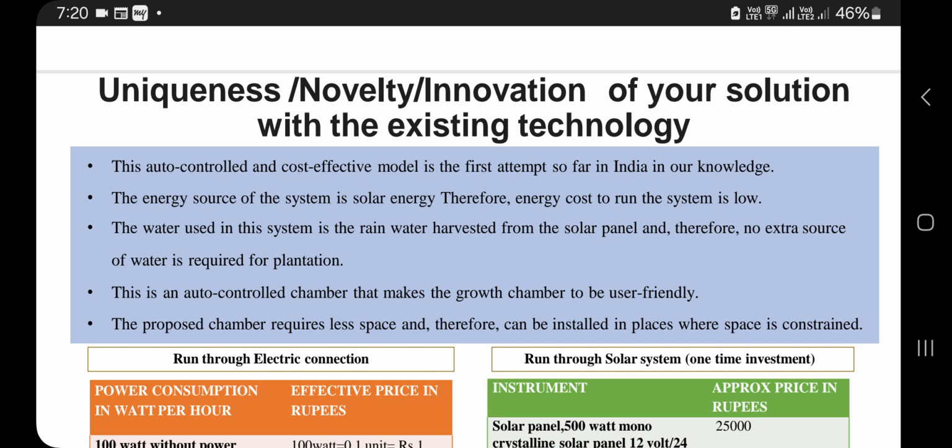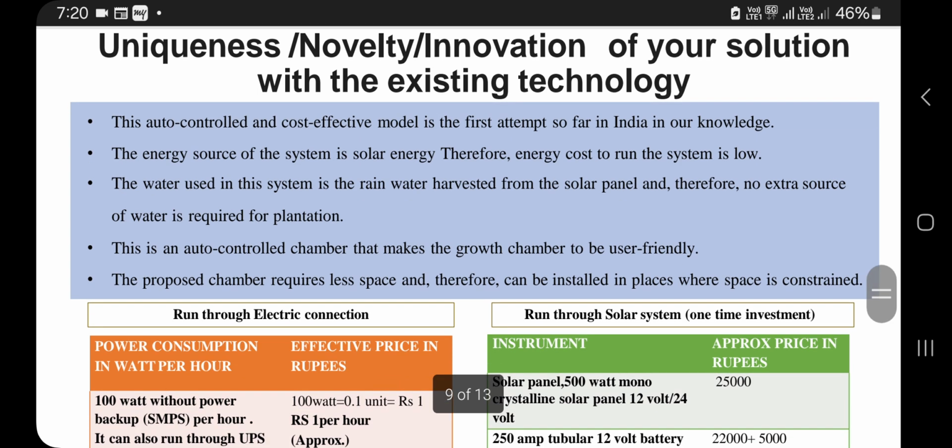It can be run through a solar system where very little electricity is required, and it is auto controlled, so no water has to be given every day. Water will be drip irrigated inside the system, and the chamber requires less space,